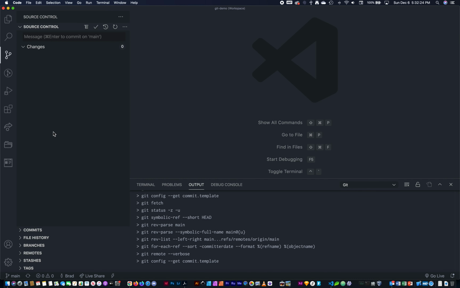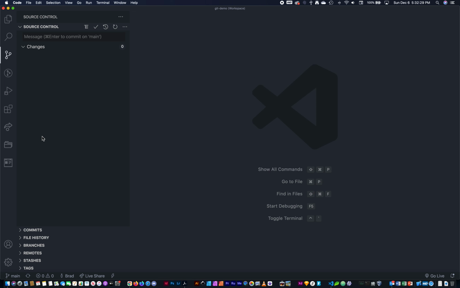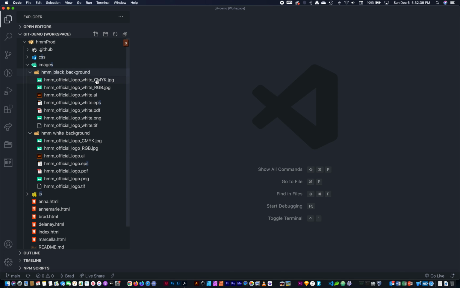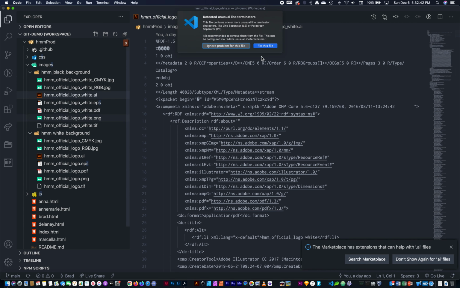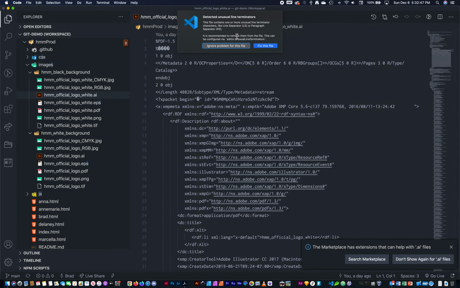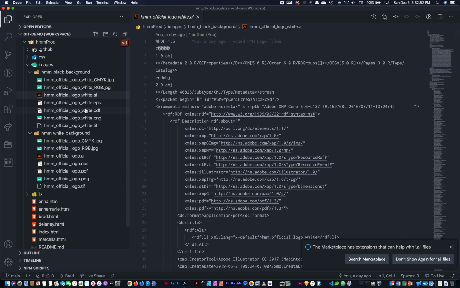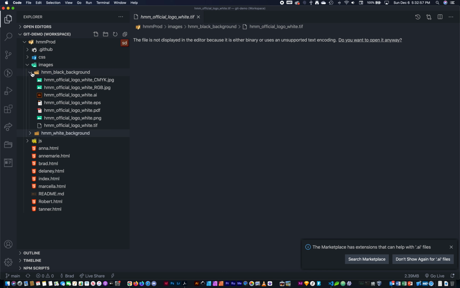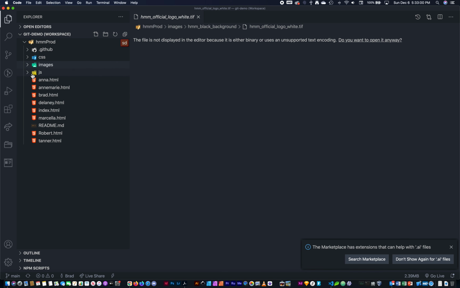So now, working on a project with multiple contributors is pretty simple. As everybody is adding files, making edits, changes, adding images, you can see we've got different image formats here that have been added. Let's see, what is this saying? Oh, it's complaining it doesn't like an Adobe Illustrator file, so we're going to ignore that, because it can't preview. Images can go up, documents, HTML,